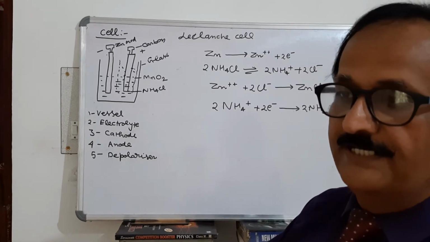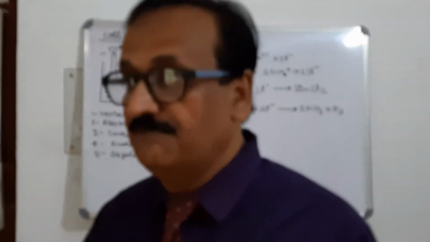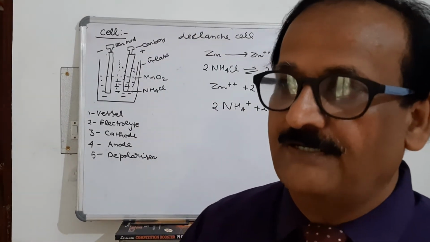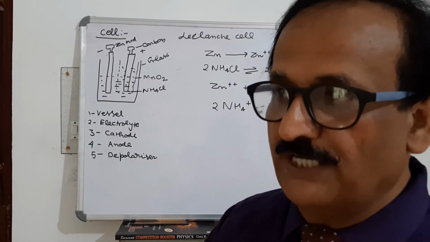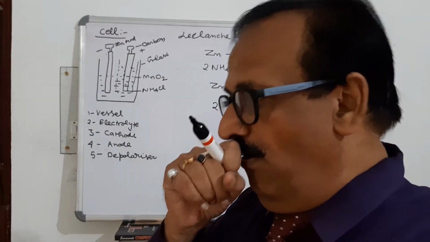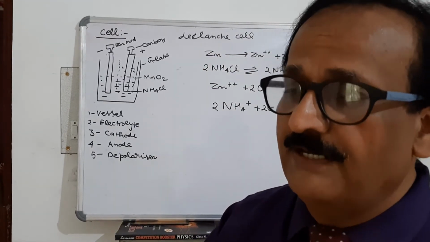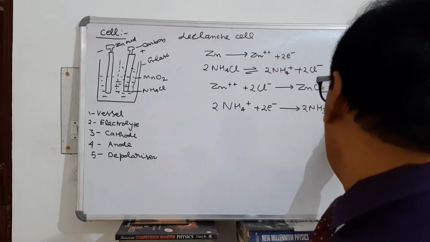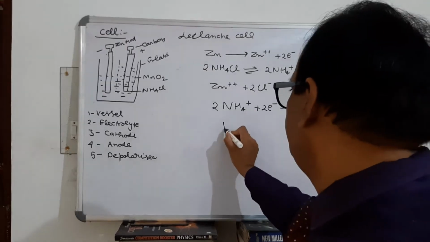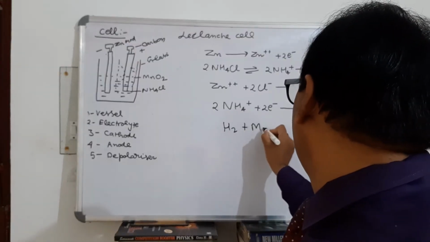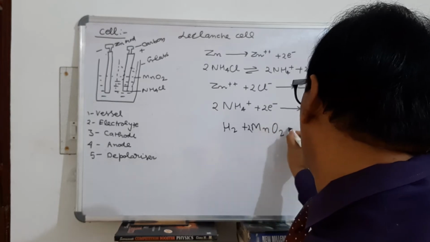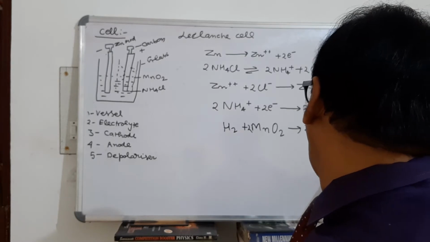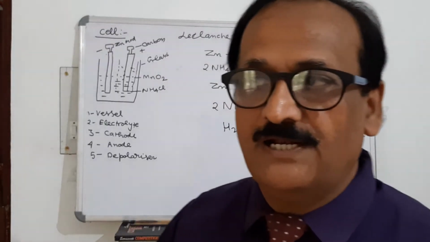Now the zinc rod is electrically negative and the carbon rod is electrically positive, and therefore a potential difference is set up between the two rods. The zinc rod has negative potential and the carbon rod is at positive potential. Clearly there is a potential difference between the two rods. And now if they are connected by a wire, current flows from higher potential to lower potential. And the H2 generated reacts with manganese dioxide. So this is how electric current is generated through chemical reaction in a cell.